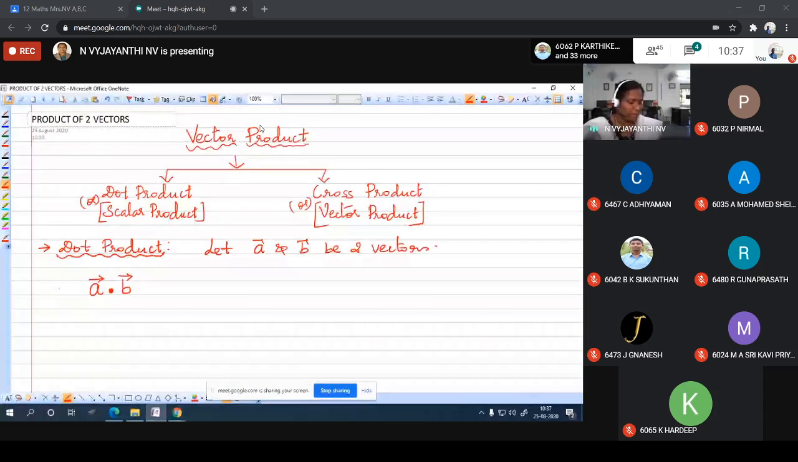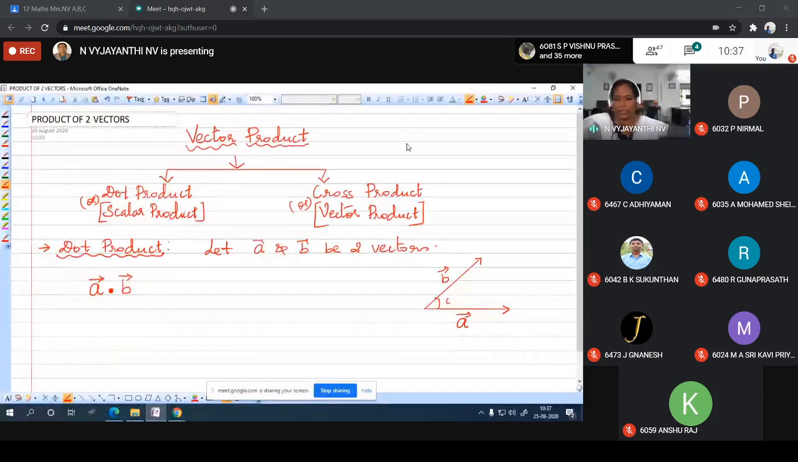And how will these two products be defined? For this, we need the angle of inclination of these two vectors. For example, if a vector is taken like this and b vector is taken like this, then these two vectors will have an inclination, isn't it? Let theta be the angle of inclination of a vector with b vector. So now this a dot b will be defined as modulus of a vector